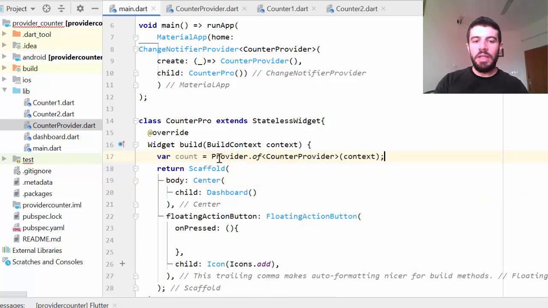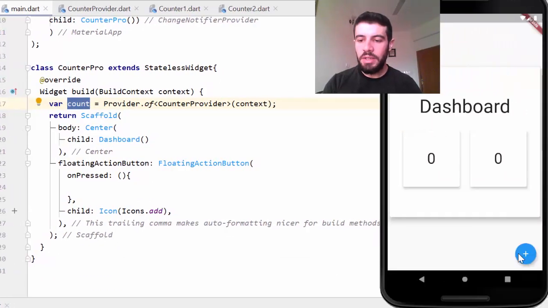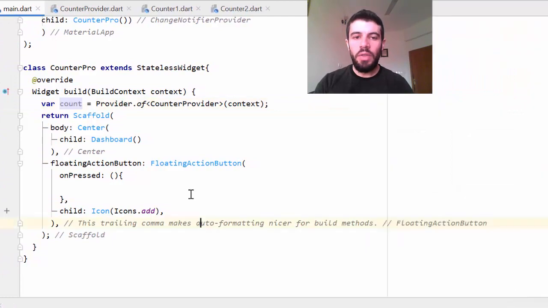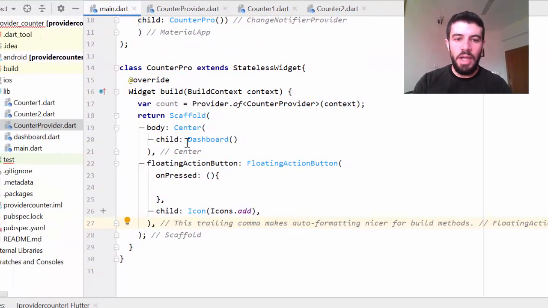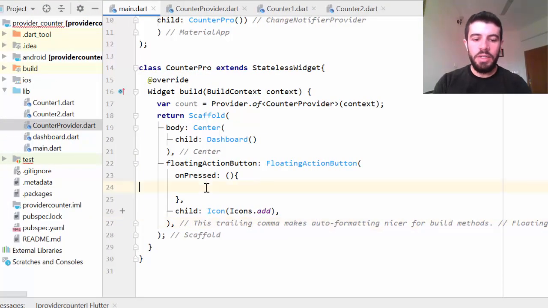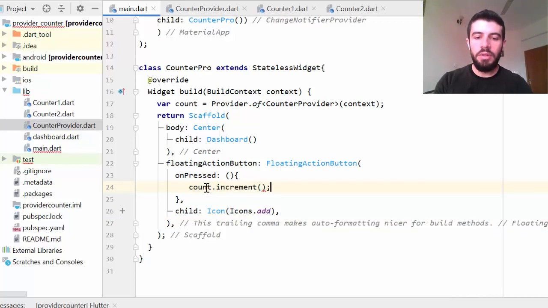Now this provider, that means I can use the count from the provider, because it's just listening to the provider. So here I want to use one onPressed. When I press here, I want to call the increment from the provider, right? So here I have the count from the provider, so just say here count.increment. Now whenever I click here,